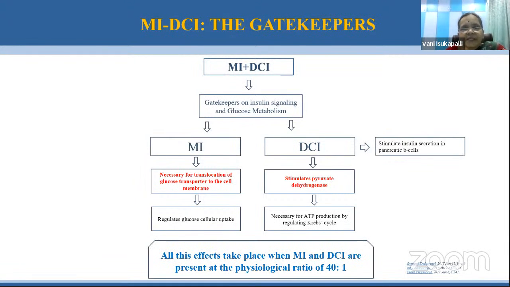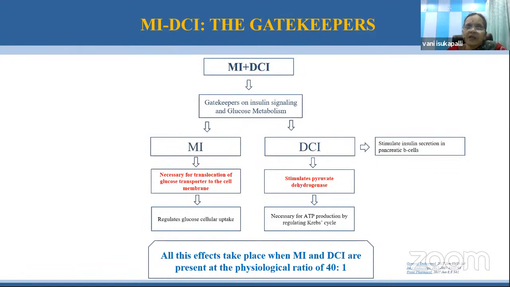What are these gatekeepers? The myoinositol is necessary for the transport of the glucose up to the cell membrane. So that will be transporting the glucose to the cell membrane. Whereas the dichiroinositol stimulates the pyruvate dehydrogenase within the cell, which is important to participate in the Krebs cycle. So that happens at the mitochondrial level. So that is how the myoinositol and dichiroinositol help in the insulin signaling and also in the glucose uptake